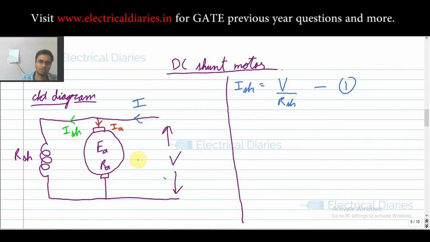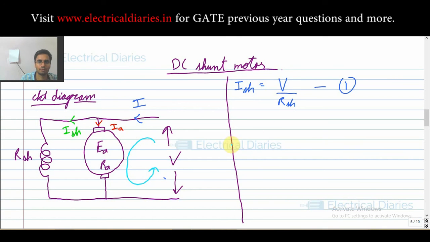You just remember the circuit diagram and these current directions, and with KVL you can easily follow. Now you should know how to apply KVL. If you are having problems in these basic things, then you can visit my Network Theory Diary on my YouTube channel, and you can also see those prerequisite videos.